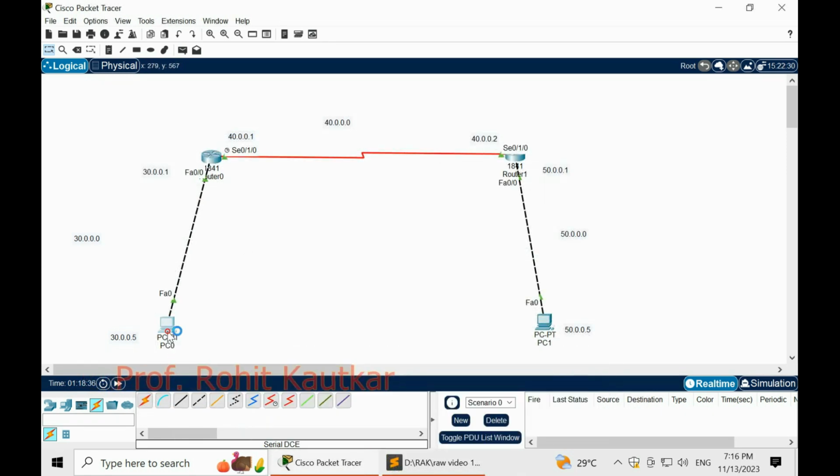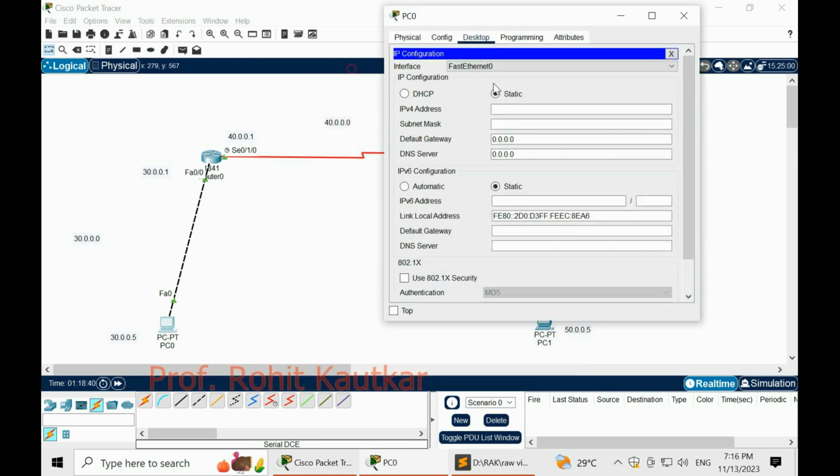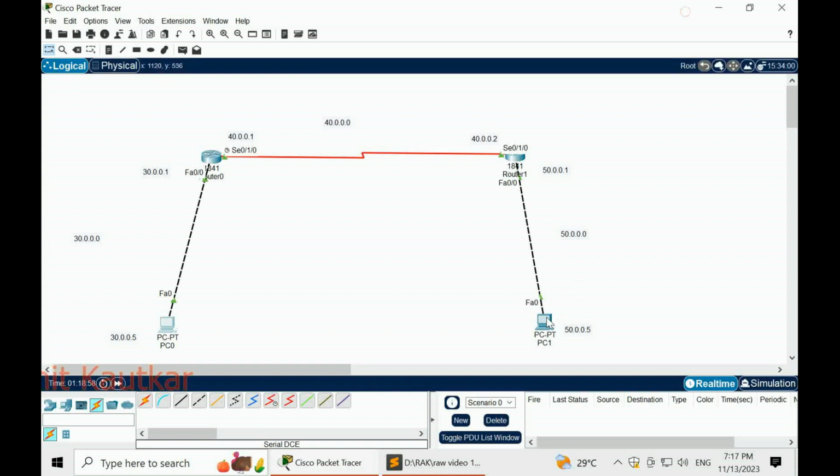Now we will go to the PC and here we will assign the IP for our machine. So here IP is 30.0.0.5. Default gateway is 30.0.0.1. Okay, so this is what configuration we have. Close this.